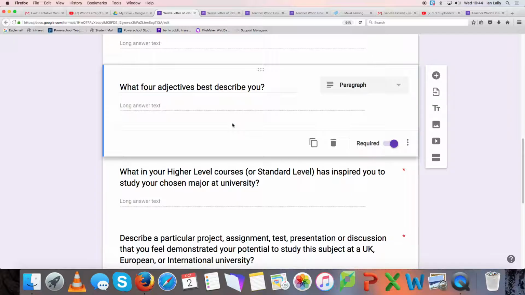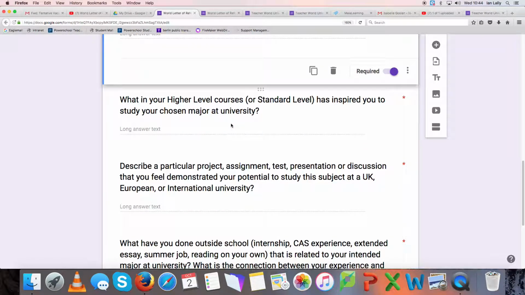What 4 adjectives best describe you? Take a few minutes to think about this one, especially adjectives that you have used in your personal statement. This World Letter of Recommendation form is actually also based upon the upside down triangle graphic for world universities that you all have read and looked at, and really models how you write a personal statement. So if you have really written your personal statement and you're doing the form for the first time or updating your form, taking direct data, information, quotes from your personal statement is actually a really good idea about how to get this done well